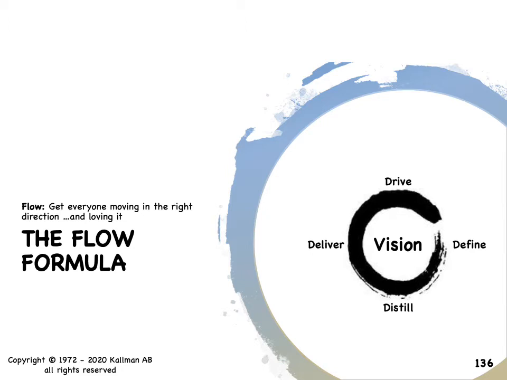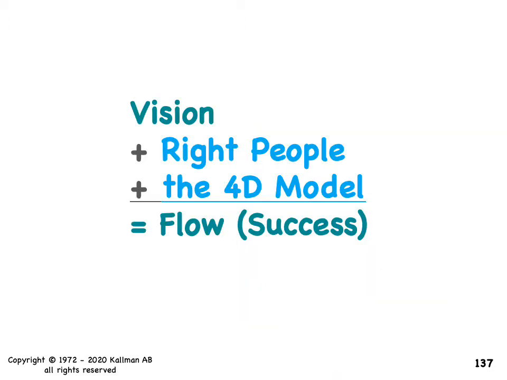And as I was looking at this, I thought, wow, we need a simple formula to help people understand the definition of flow, because the definition of flow is a little abstract: getting people to a high level of sustainable performance. That's a little bit abstract, and they'll go, okay, that's great. How? All right, well, how is on the next slide. This is how. This is how you get it done.